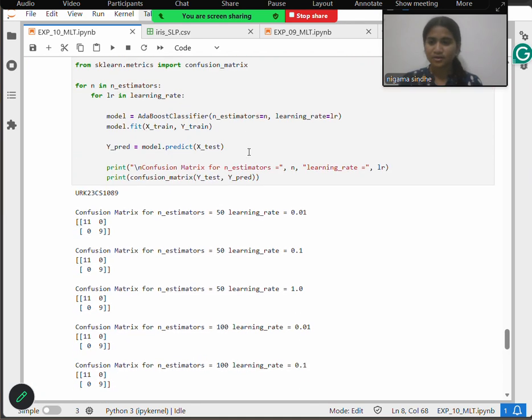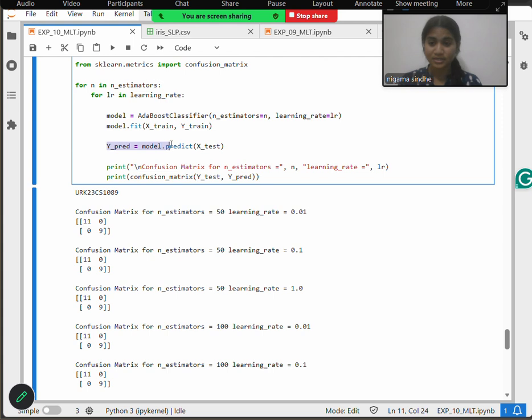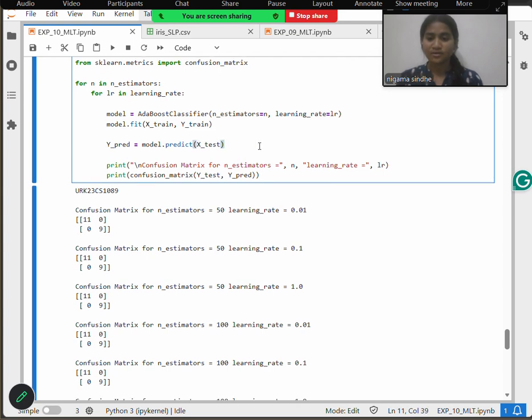At the very next step, we are going to display the confusion matrix, which would tell how each model learns from the previous mistakes, as we can see here. After fitting the model with x train and y train, y predict is equal to model.predict, where predict is a function used to predict from the trained data using the x test data.